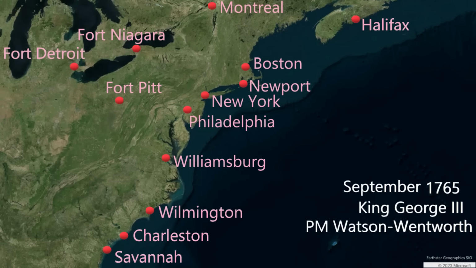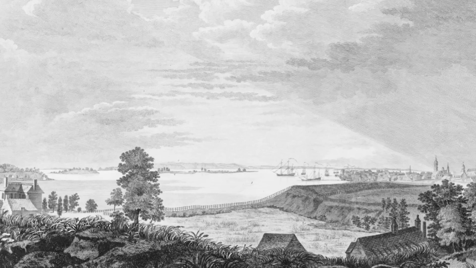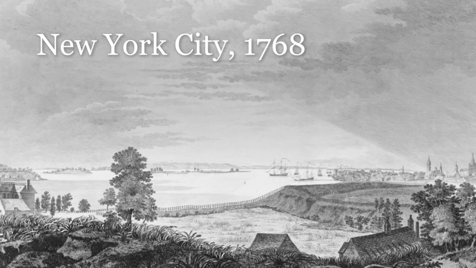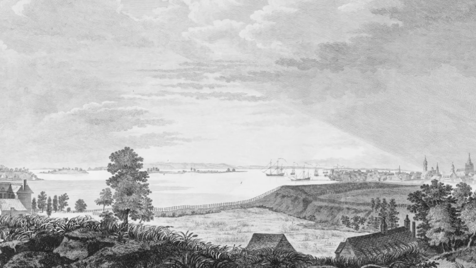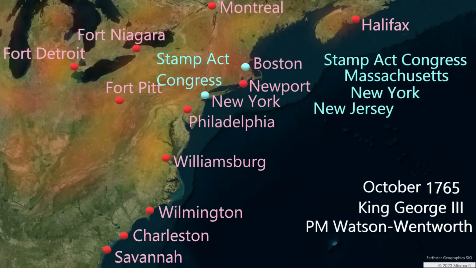September 1765. Sam Adams, a former tax collector, is now in the Massachusetts legislature, a vocal opponent of the Stamp Act. October 1765. 27 delegates from 9 colonies form the Stamp Act Congress, which meets in New York City. The Stamp Act Congress affirms the resolutions passed by the House of Burgesses. On the one hand, the meeting concludes that Americans are loyal subjects of Great Britain, but on the other hand, the Stamp Act Congress resolves that only colonial assemblies have the authority to tax citizens within the colonies.